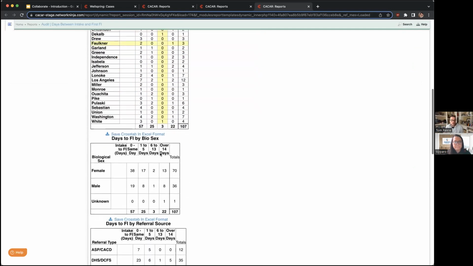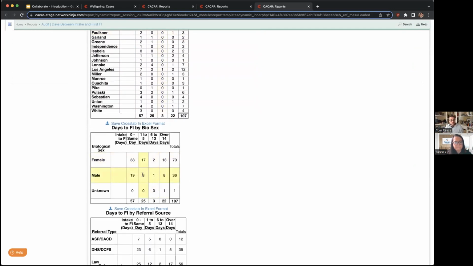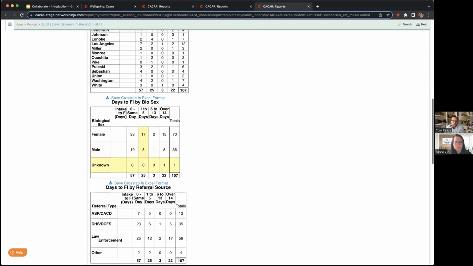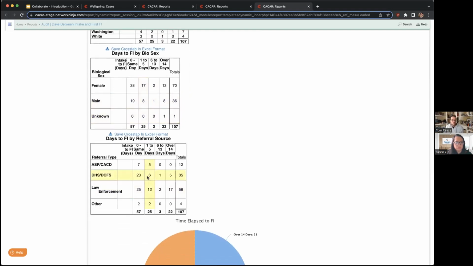We've also got a cross tab here created in Collaborate that's showing discrepancies between biological sex. So are we getting services to people more quickly if they're female or if they're male? How are we treating ones where the biological sex is unknown or they prefer not to answer? And even by referral source as well. So how long is it taking us to deliver services after intake based upon referral source? So from law enforcement or for Division of Family Services, again, are we getting to people faster or sooner based